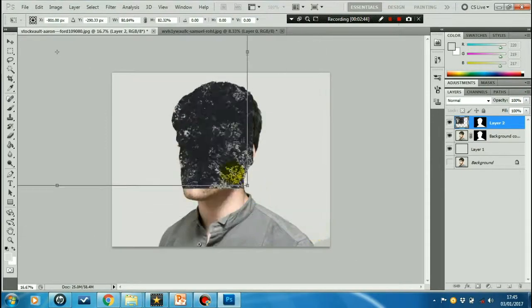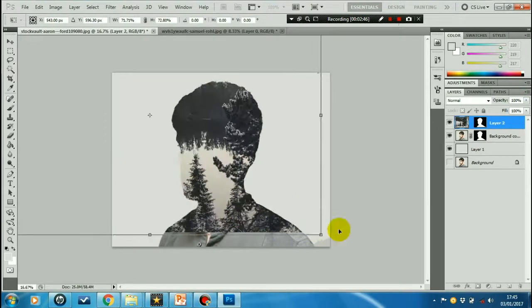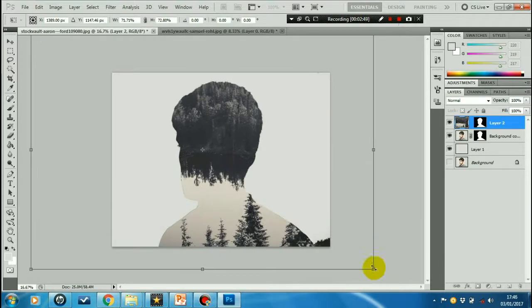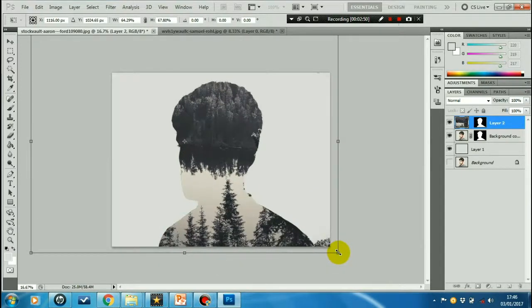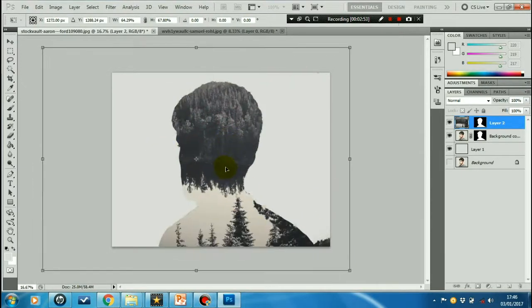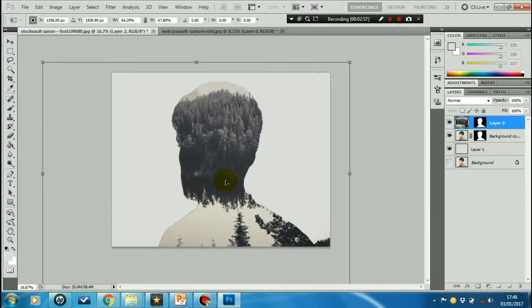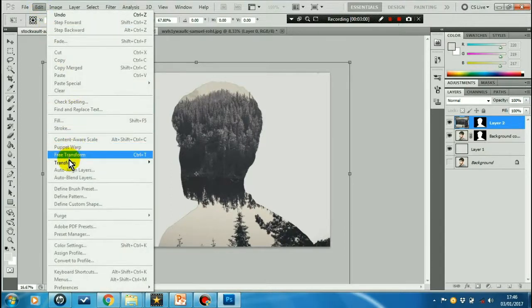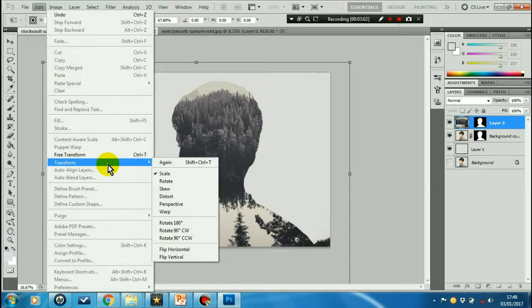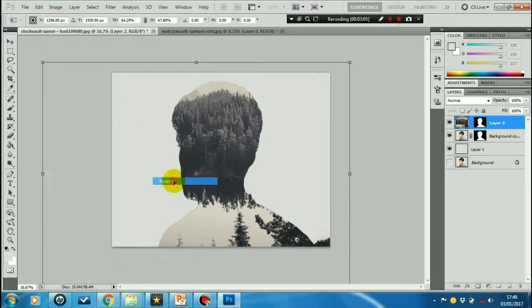I can use these bits at the side to change the scale. I'm not going to change the scale a lot because I still quite like it being larger than the portrait picture. I also want to rotate it because on the original tutorial she'd rotated it, so I'm going to go to edit, transform, rotate,